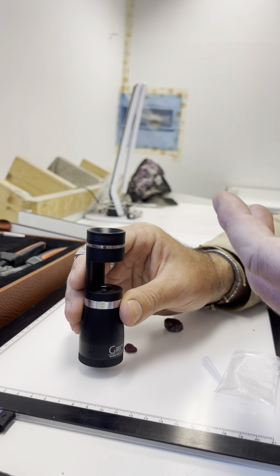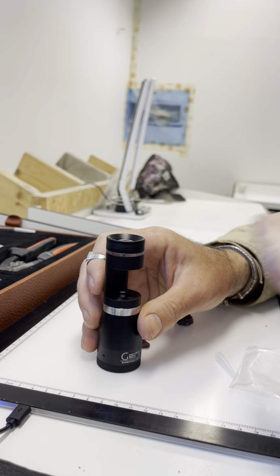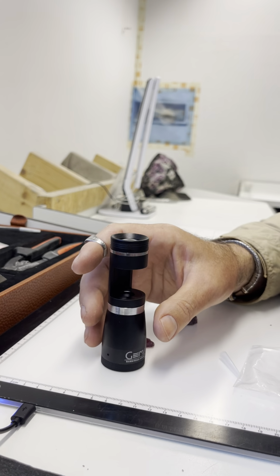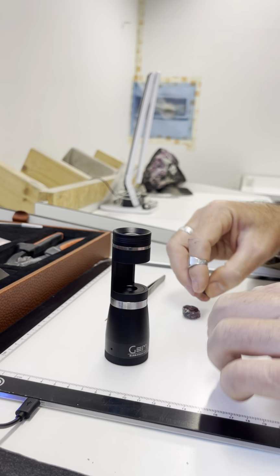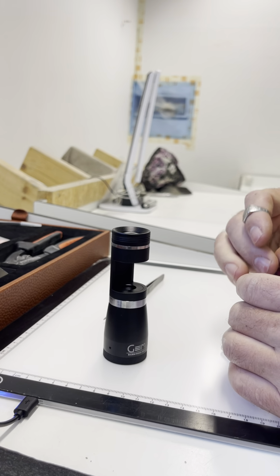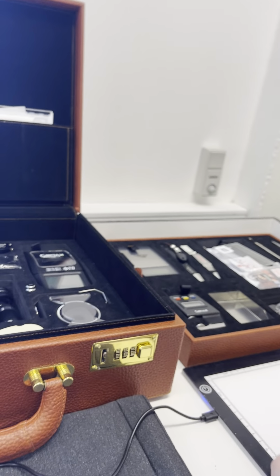If you have the right knowledge with that instrument, you can find out if a stone is natural, synthetic, treated or not. Exactly the same as with the pocket microscope. Very useful instrument, one of my favorites for the past 20 years. So, put it back here. Then you have also